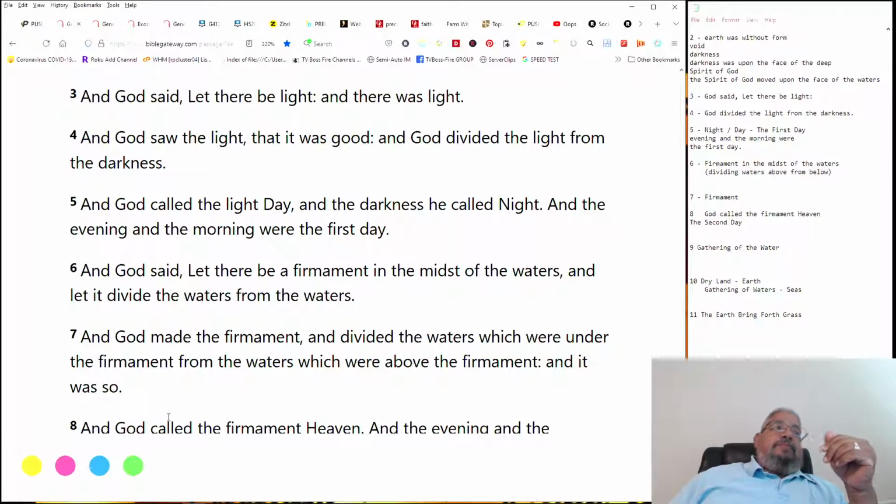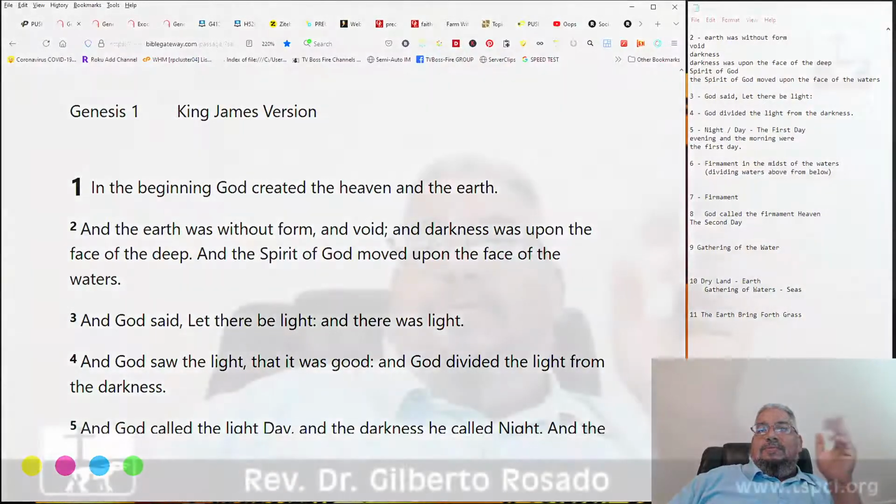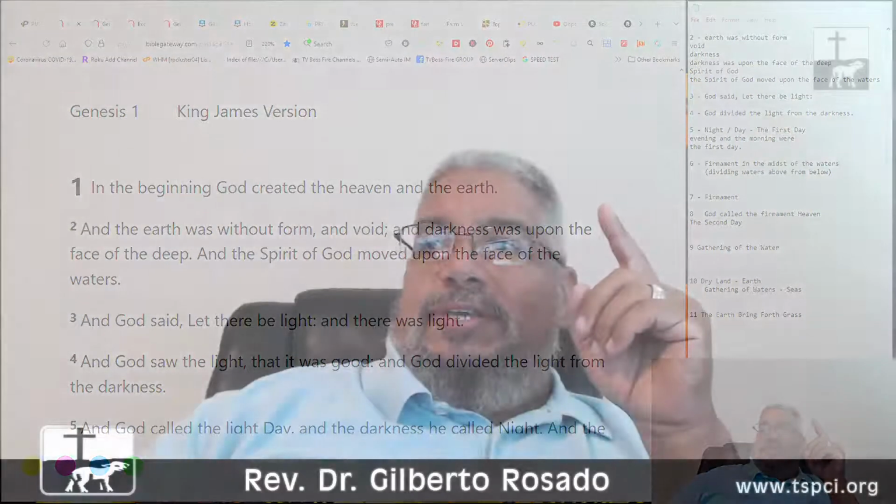But if you read the scripture, and you know the idea of God, a lot of people don't understand the way you need to read the Bible. I'm going to explain something to you. People don't understand the concept of God. People need to understand what the concept of God is.